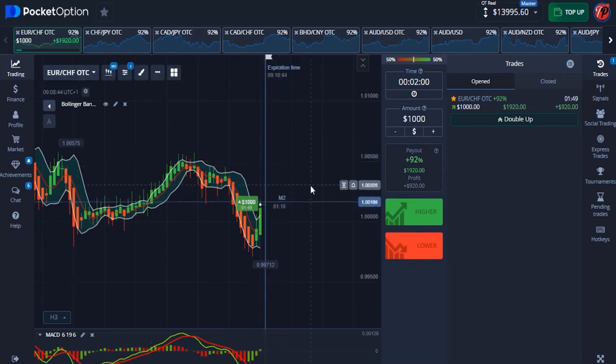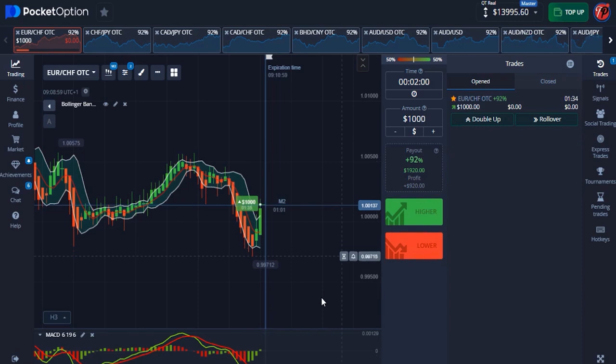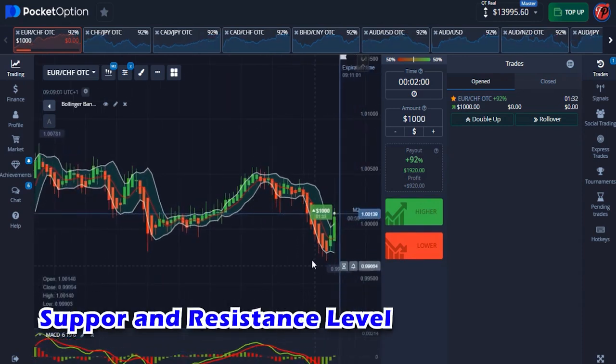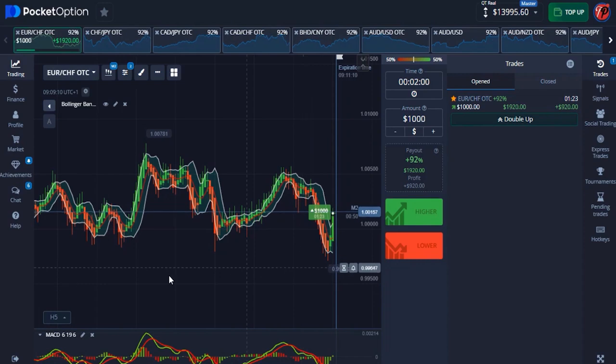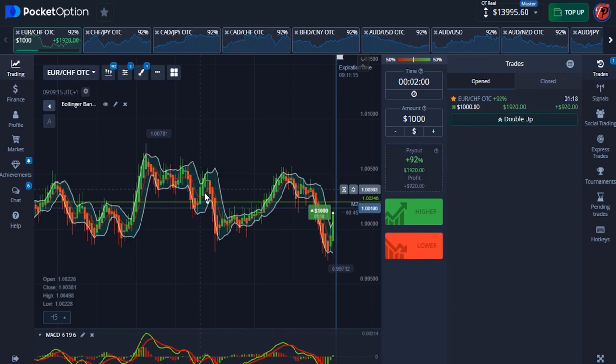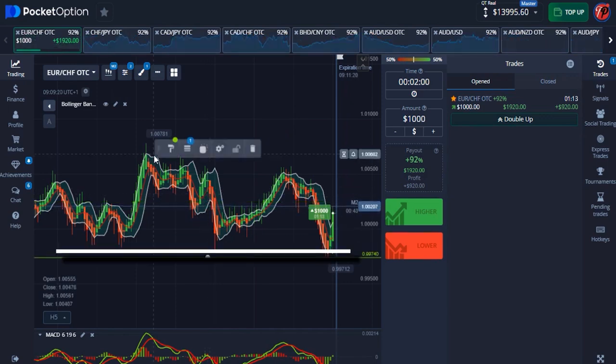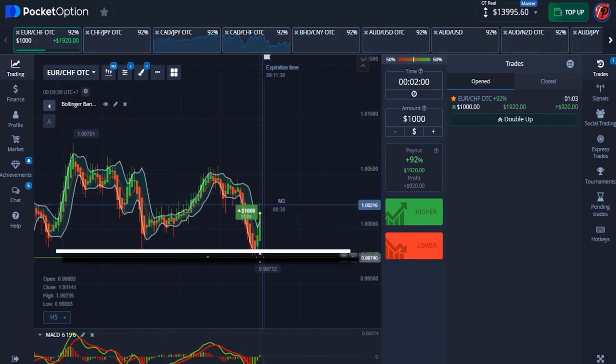All right, so the new method I make use of in this strategy is how to spot a very important position in the market before you enter a trade. The first thing I confirm before I even make use of the indicator is my support and resistance level. As you can see right here, this is my last 3 support. So let me grab this real quick so that you can spot it. Over here, this is my last 3 support. You can see that when the market reaches this particular level, it always reverses. The same thing applies right here. You see that when the market hits this point, it always reverses,